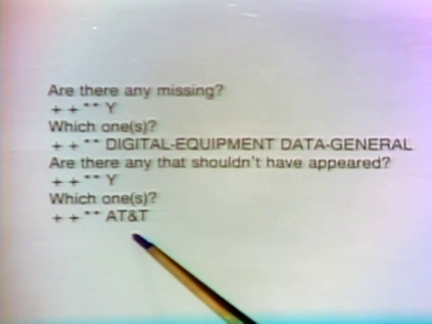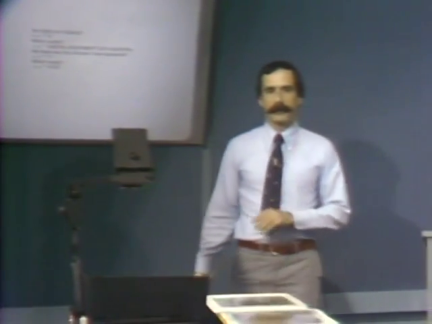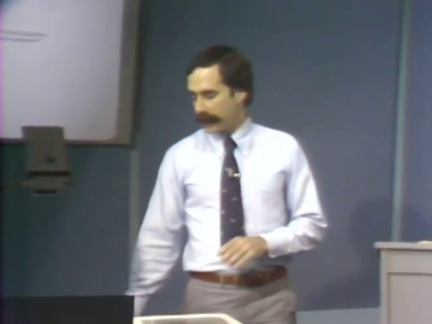And in this case, the expert feels that AT&T was an inappropriate choice. The system should not have made that recommendation. Now, there's a simple heuristic built into TEIRESIAS that says if there's a recommendation that showed up inappropriately, that's probably a pretty good place to start tracking down the source of the error. That is, let's start there with this thing that shouldn't have appeared and say, why did it appear and how can we make it disappear?